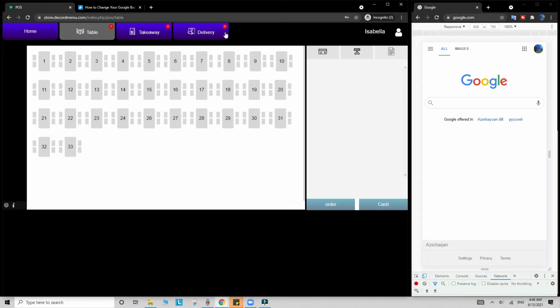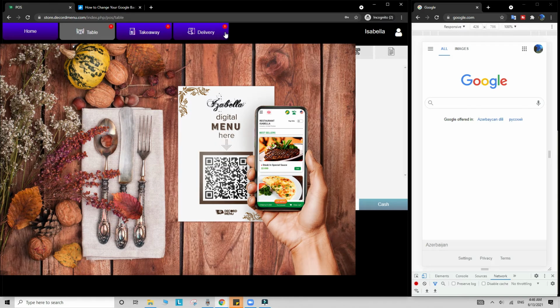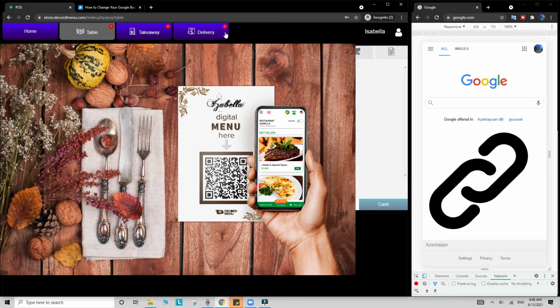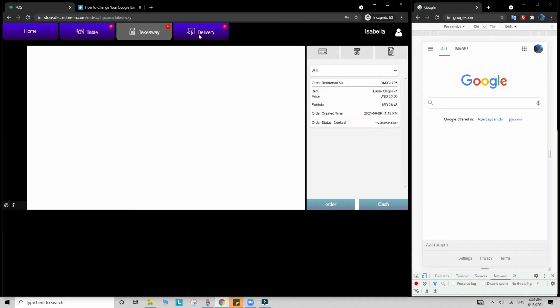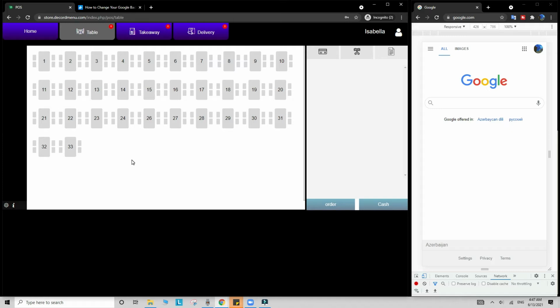The very unique feature of Decode Menu POS system is that not only your waiters can punch their orders, but your customers can also place their orders by scanning the QR code of the menu or by accessing the menu link remotely. They can punch dine-in, takeaway, and delivery orders without any commission. So it will speed up the ordering process and save a lot on menu printing cost and human labor.